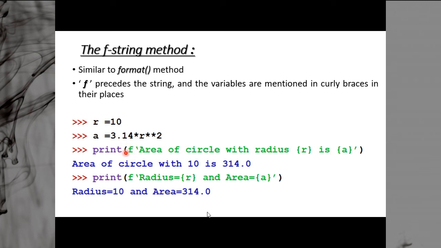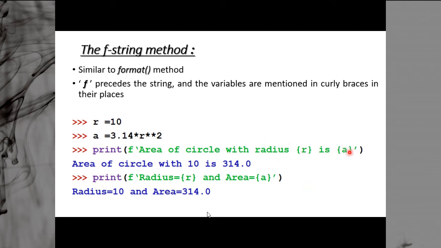Remember, one such string we declared in a print statement earlier also, that started with r, the raw string. Similarly, this is called a formatted string. When we say f, it means it is a formatted string. So here r will be printed and a will be printed.